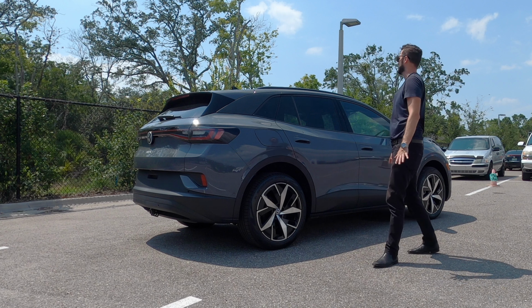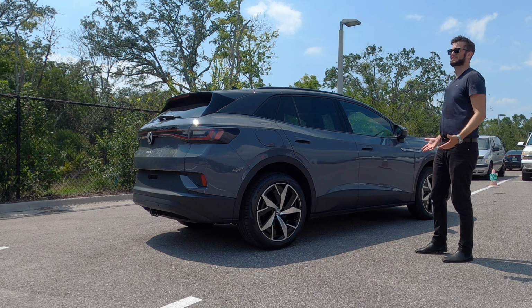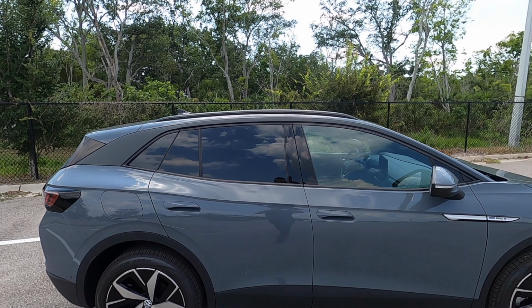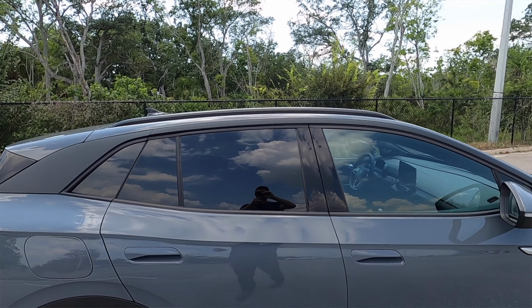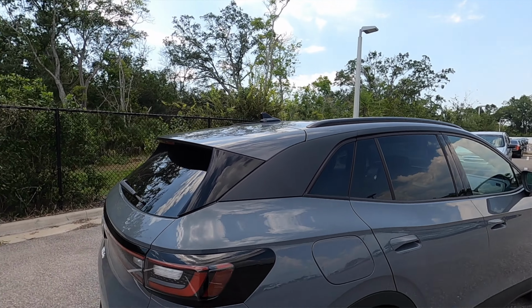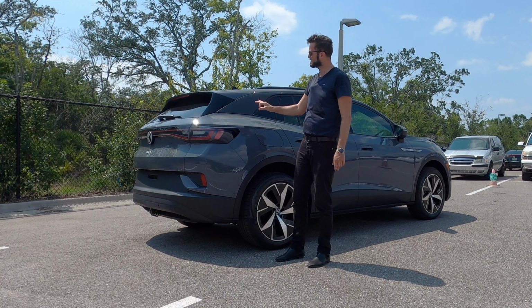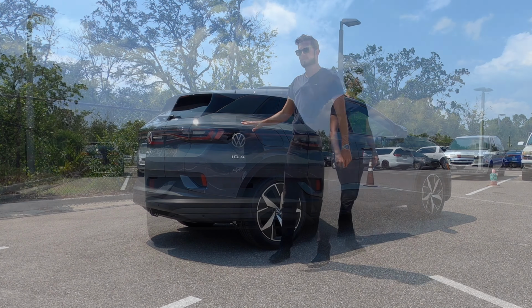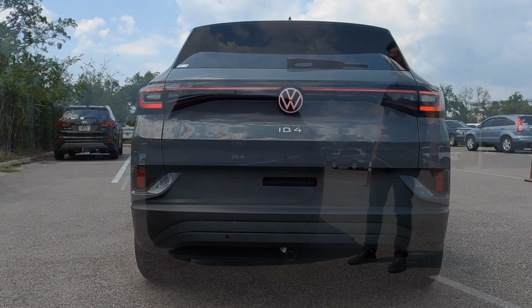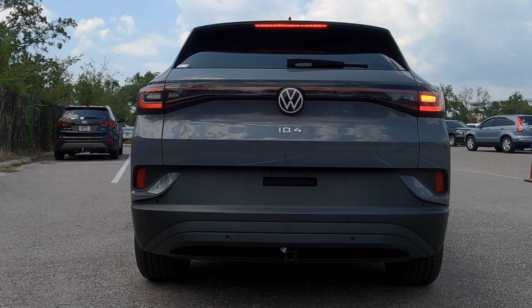It has a fastback design, but it isn't the case in the sense of losing rear headspace. It's really just an aesthetic look. The gloss black here makes it look more sporty and gives that coupe vibe. The gloss black is going to attach to the lower roof spoiler. It's a sleek, smaller rear window. The all-wheel drive unlocks 2,700 pounds of towing, standard LED tail lights that run into the light bar, and the